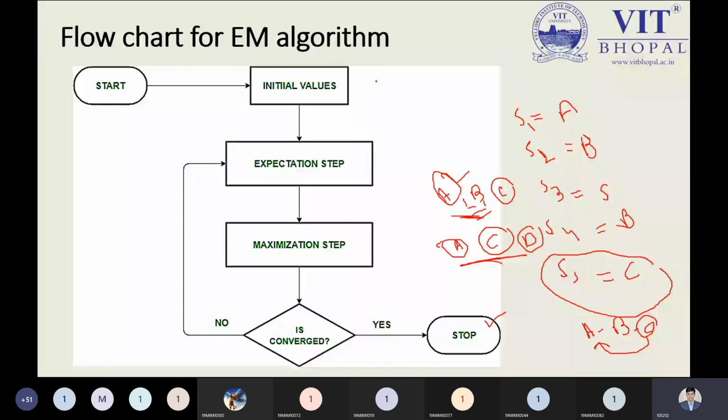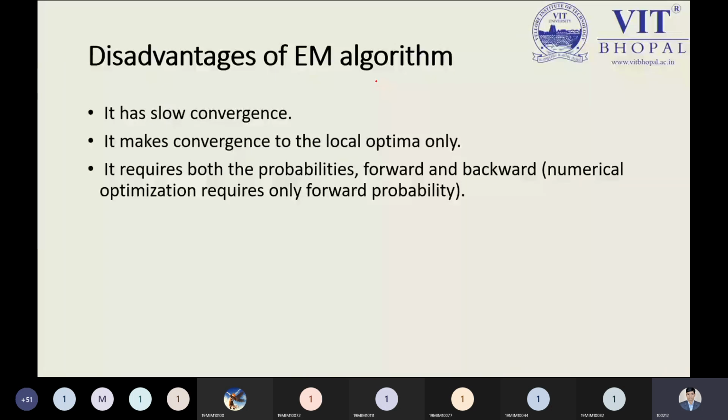Now, disadvantages. The biggest drawback is slow convergence. Convergence can be very slow when, after attempting so many times, you are not getting your result. Each and every iteration takes much time, so you have slow convergence. That is my point, and a point to keep in mind. And this convergence can end up in a local optimum, because you will be talking about only the specified problem that is connected to your local region.